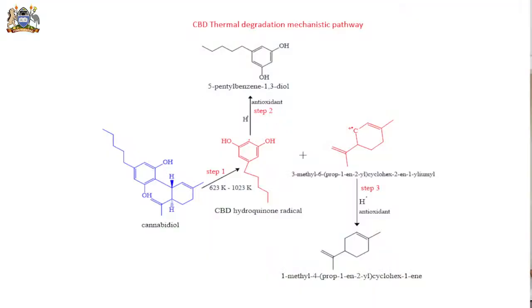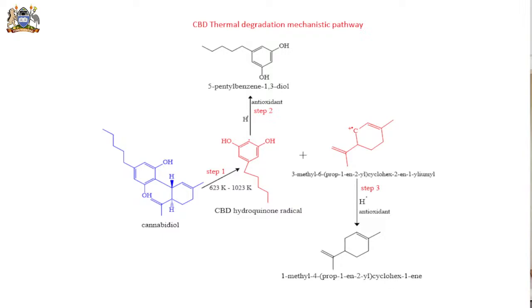Next slide, please. So first, we described the thermodegradation pathway. Under this is a proposed mechanism by which CBD is going to undergo thermodegradation to form the respective products. First, it breaks down to give us the hydroquinone CBD, which is a radical. Now, this radical is very unstable. It reacts with hydrogen, probably in our body system, to form 5-pentylbenzene-1,3-diol. This is commonly known as limonene. Then the other radical there,